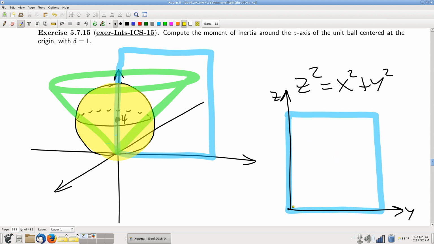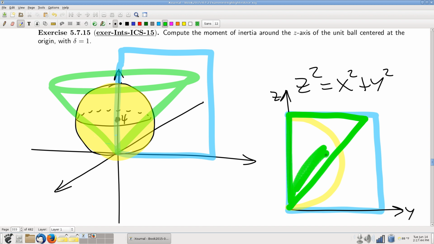Over here in that half plane, that looks like this. The cone that I'm interested in is all of this. And so all together, you can see what I actually care about is the intersection of those, which is going to be that shape. So I'm interested in that shape and how that rotates